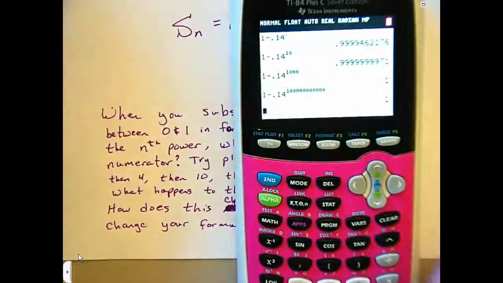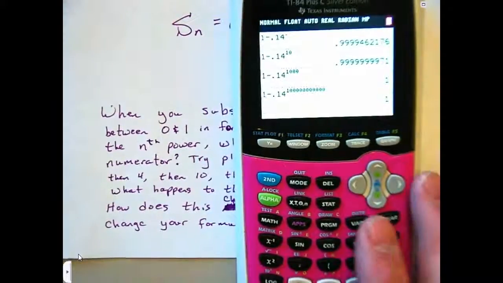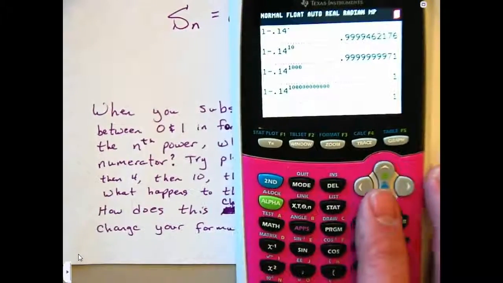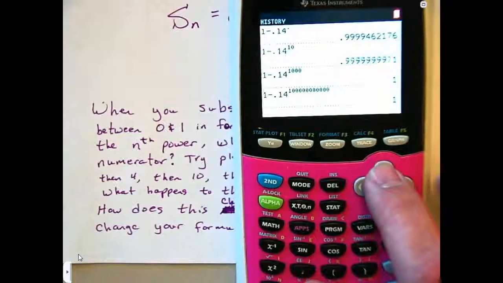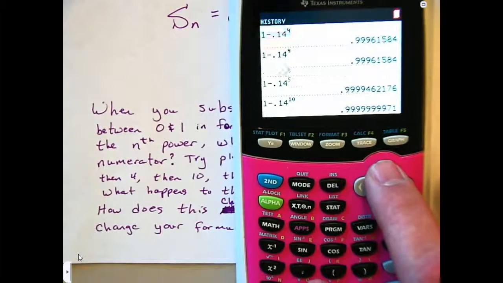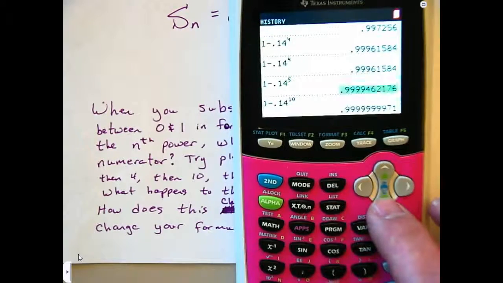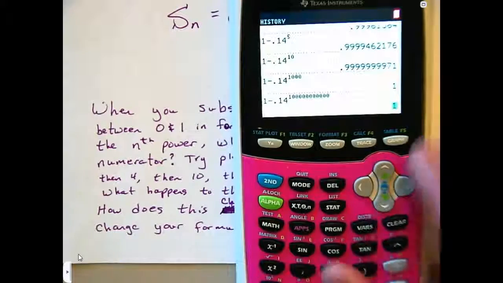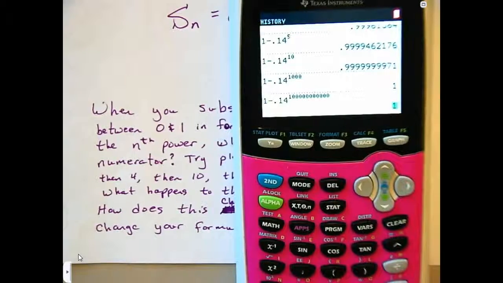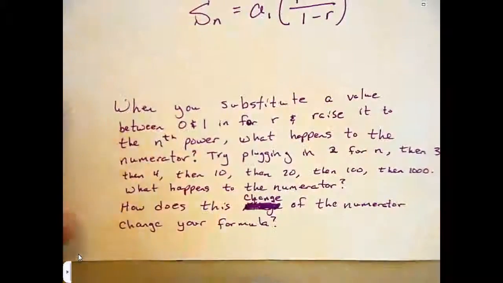Okay, so this is Kendall's. Kendall has it on her calculator here, so I decided to borrow that. But you'll notice she used 14 hundredths as her r value, 0.14 there. And as she increased that value for n, it approaches 1. The calculator got to a point where it just rounded it to 1. Okay? So the numerator, as n gets